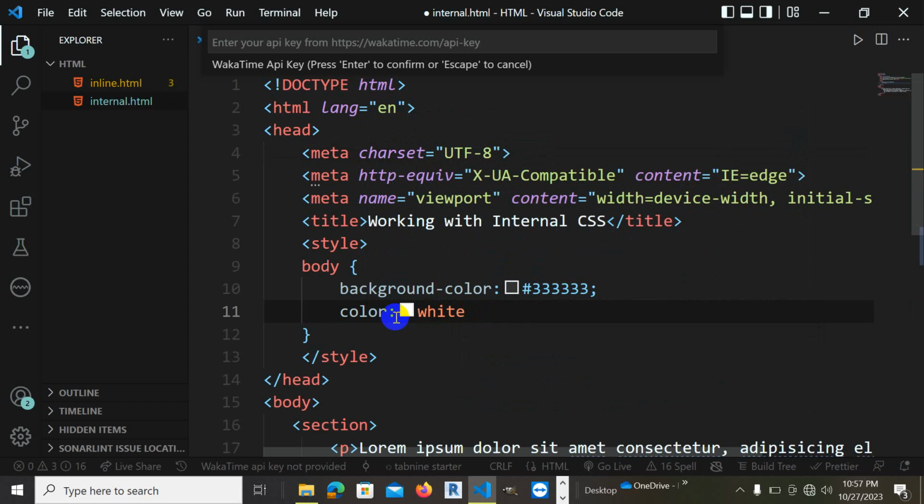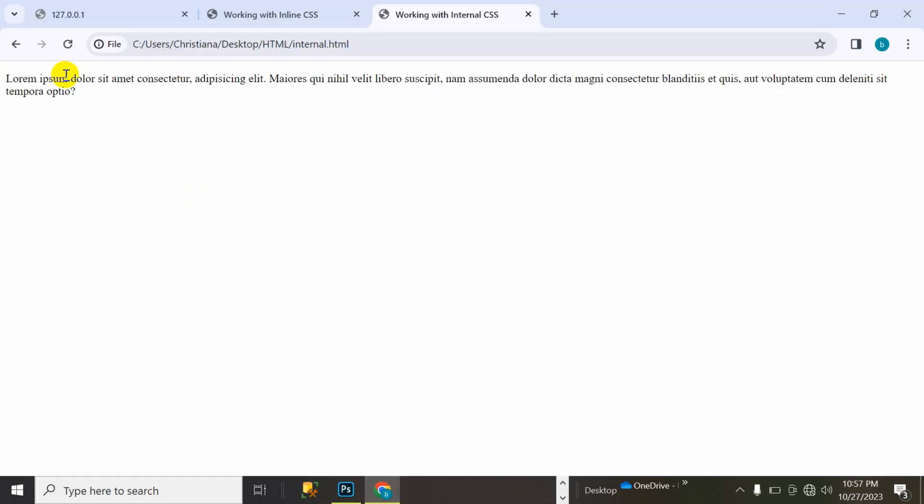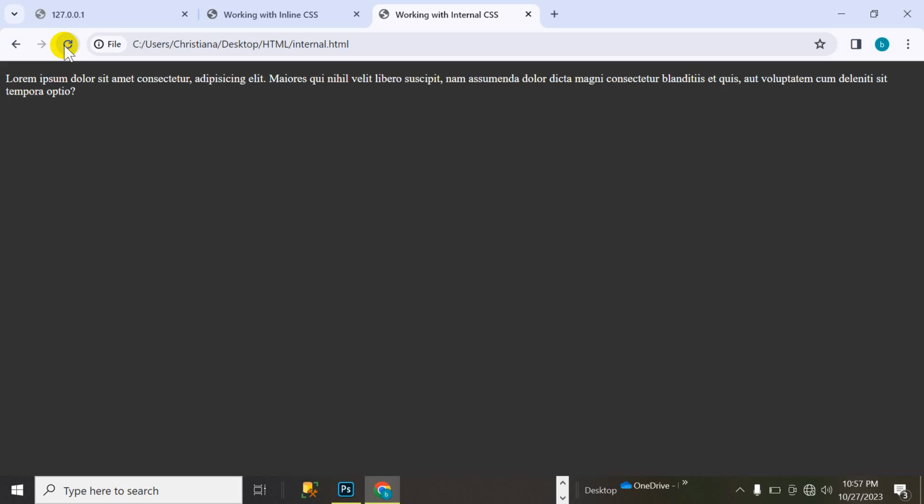Okay, so let's save this. Now if you save this and you come back here to see it, okay, so you see it. So we can come back to our Visual Studio Code that we are using,